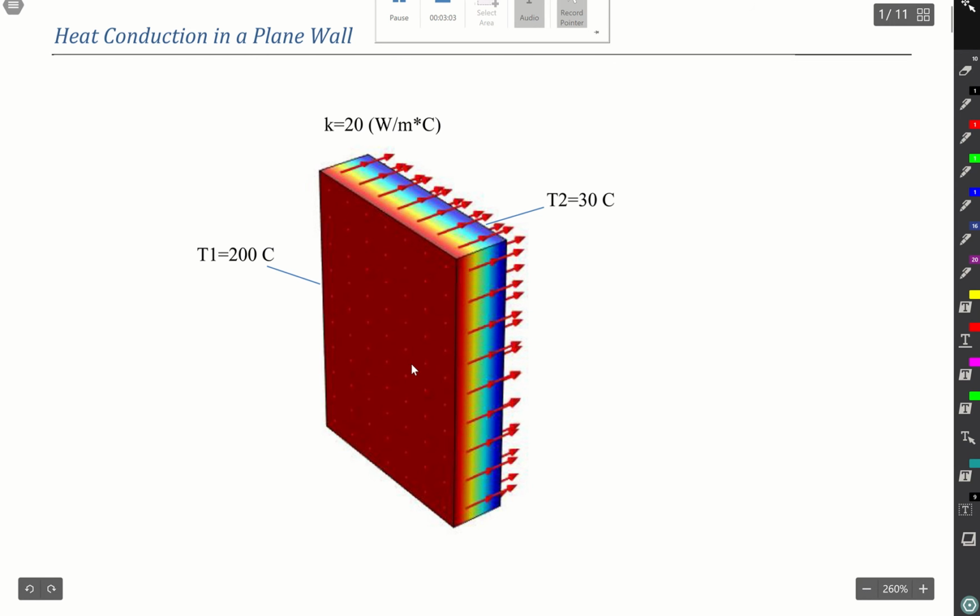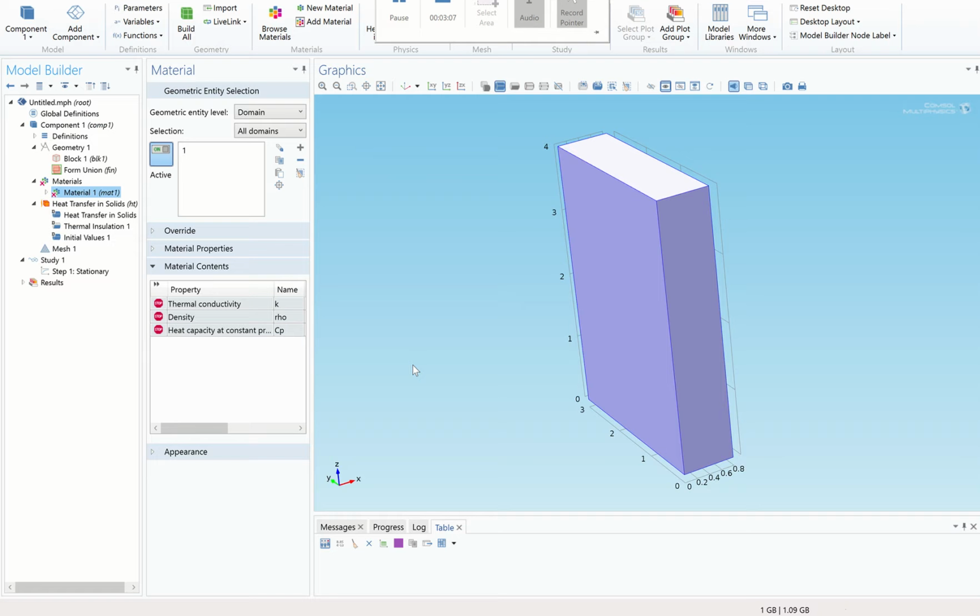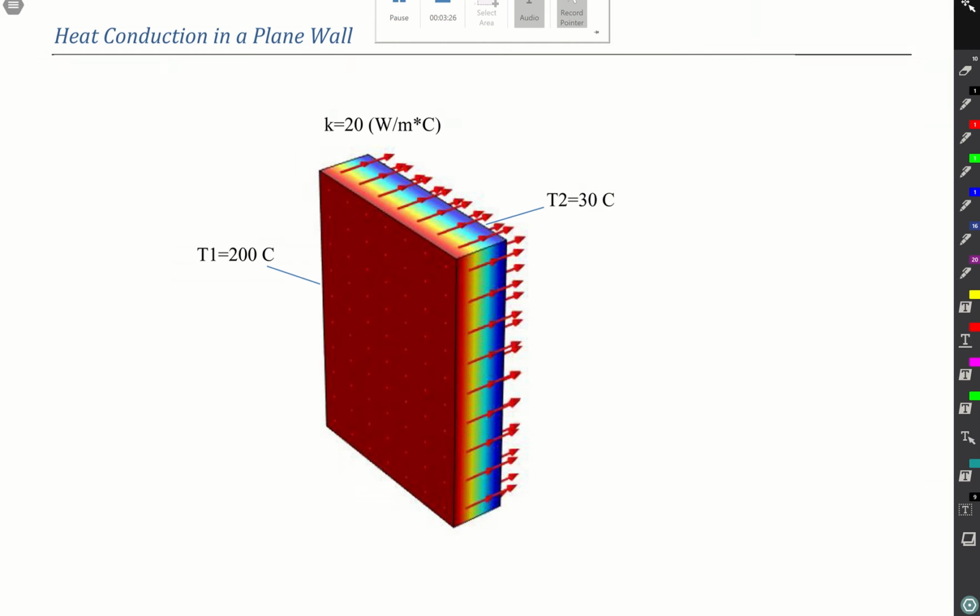We're not given the density of the wall, and we're not given the heat capacity of the wall either. But as it turns out, if we only want to calculate the rate of heat transfer and heat flux, if you recall from Fourier's equation,